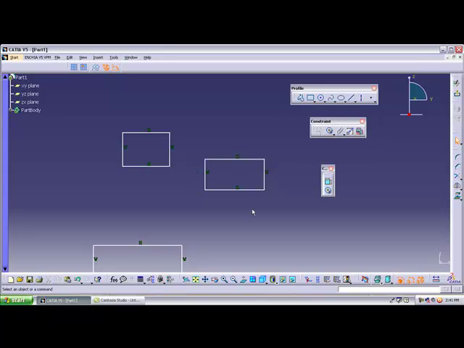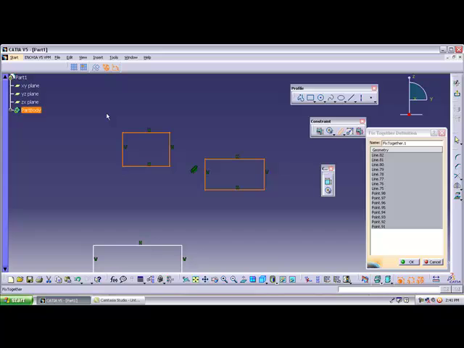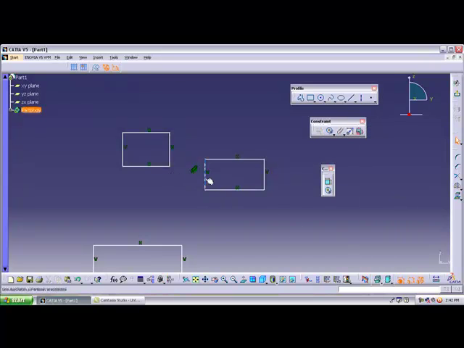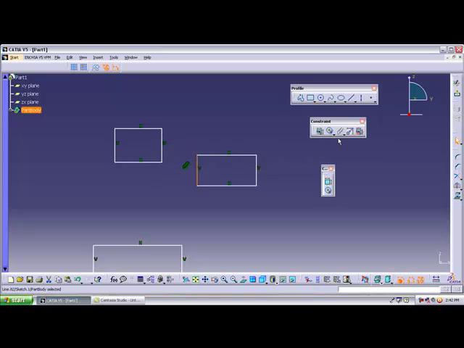Then what should I do? Select fixed together and select the objects which you want to fix together. There is no distance or vertical geometric constraint, no dimensions, but we are making them fixed together. Right now these two rectangles are fixed. See, if I move one rectangle, the other rectangle moves. Why is it moving? Because the relation between these two things is fixed together. Okay, and the next constraint is called the